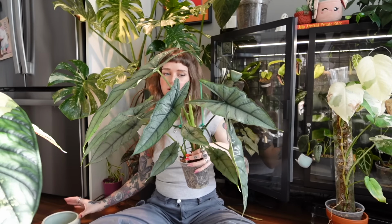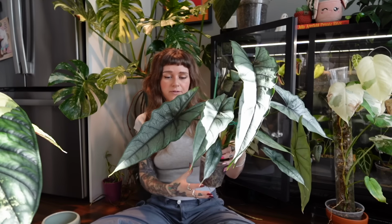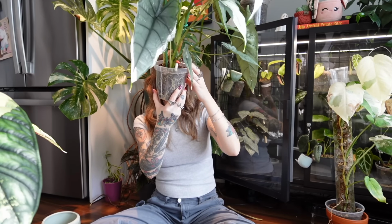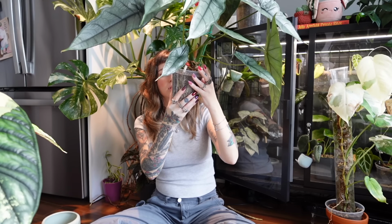It is just very, very hardy. We once again have a thicker leaf, and this one is also super, super root bound. Why does that look so sketch? Why does this look so sketch? Okay, somebody mentioned